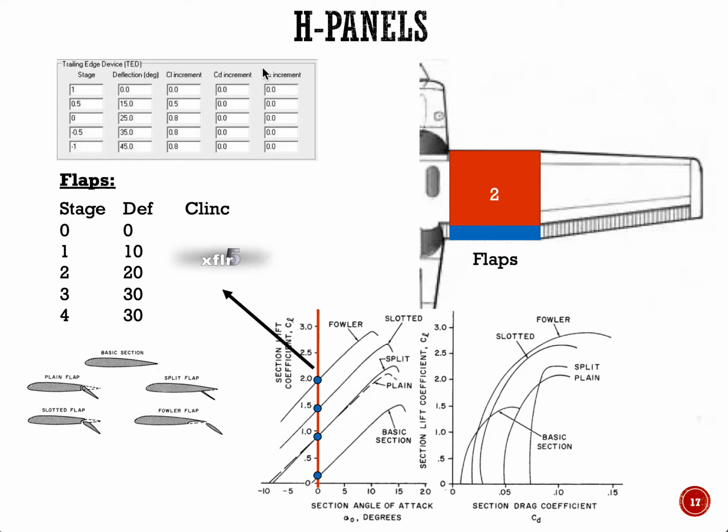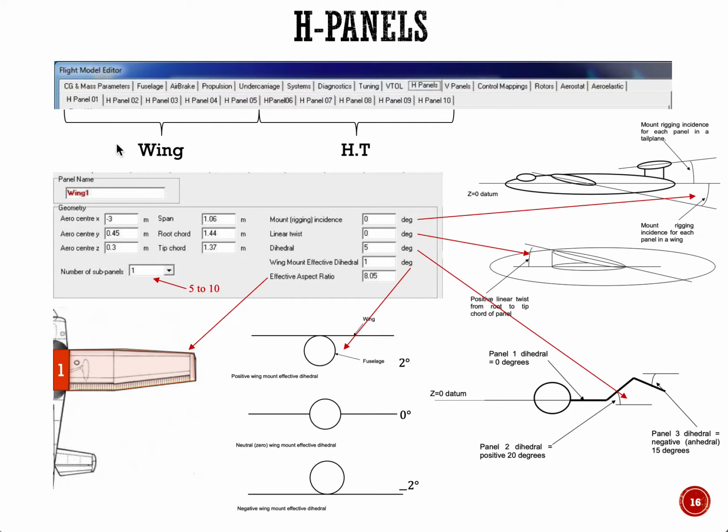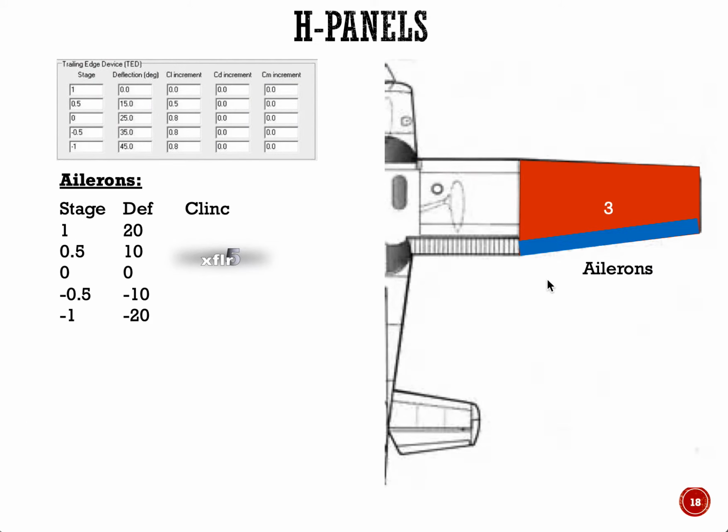So you get CL, CD, and then the CM as well, right? You get that information in, and then you can plug it in here. Okay, that's for flaps. And the same is said for the ailerons. Again, you do the same thing in panel 3. You put all of this the same, but instead of flap, you actually have ailerons, in the outboard section panel